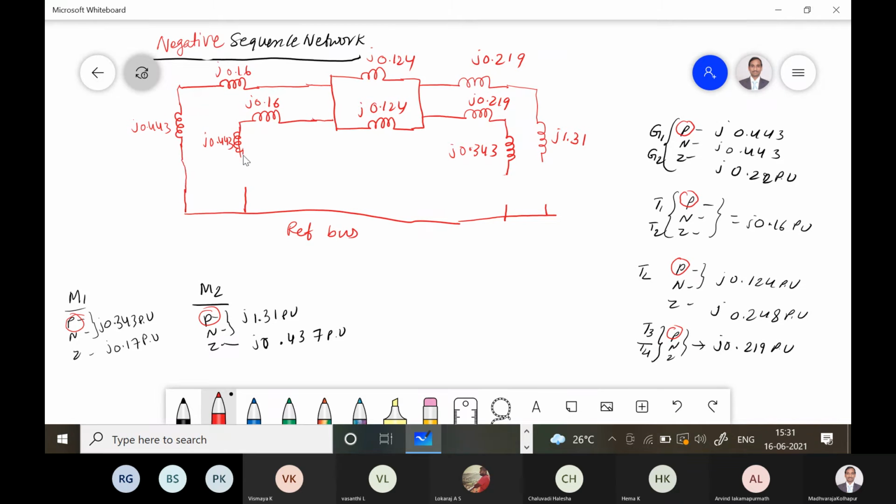And short the lines. You have to draw a separate negative sequence network. Once again you have to write. So in all the cases, check the negative sequence network reactances. It is equal to the positive sequence. Both are the same in all the cases, right? In both the cases, it is the same. So therefore, the values will remain the same. So this is called the negative sequence network. Is it clear?